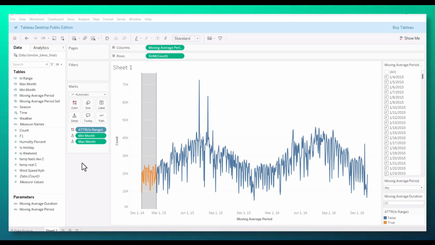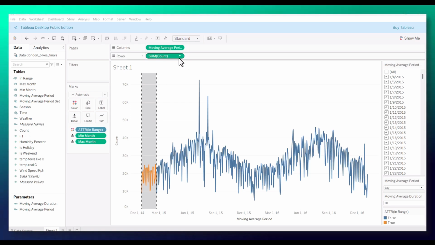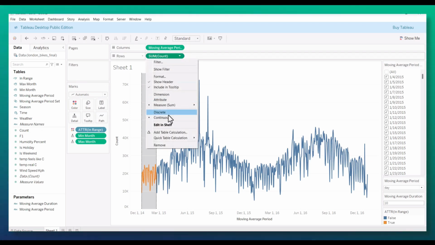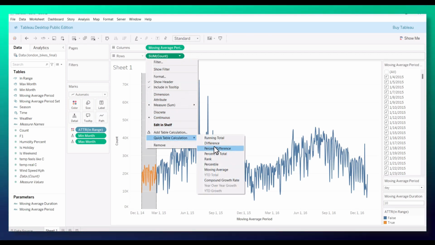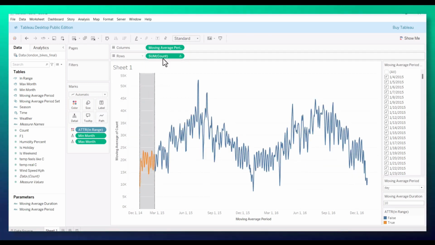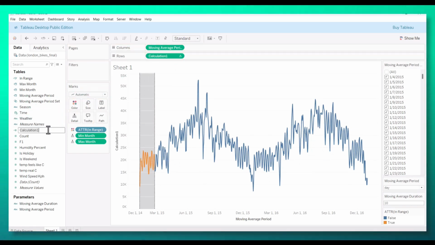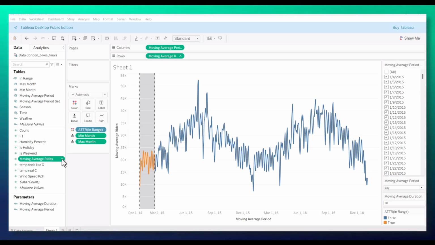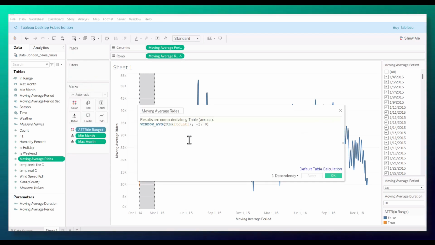As we know, currently we have the total number of bike rides and we want the moving average. The easiest way to do it is I'll click on this drop down and go to this quick table calculation and select the moving average. And what I have to do next, I will drag this into this part of the worksheet, and I will name it moving average rides. Now I'll click on this drop down and I'll hit edit, and what we have to do next,